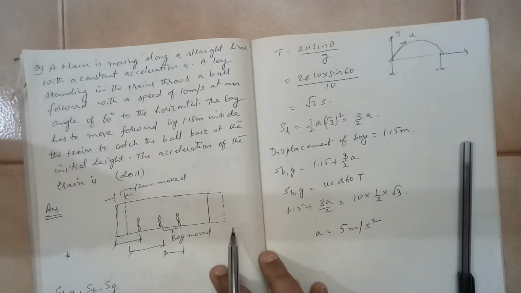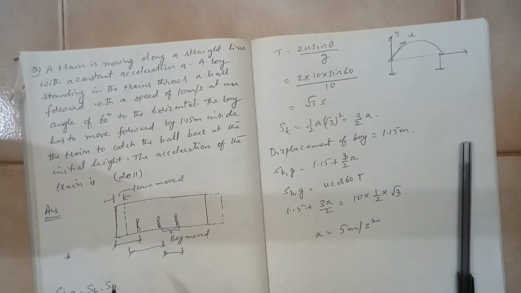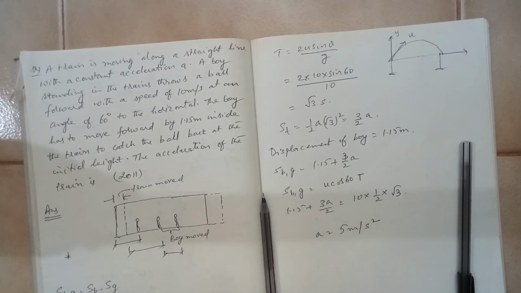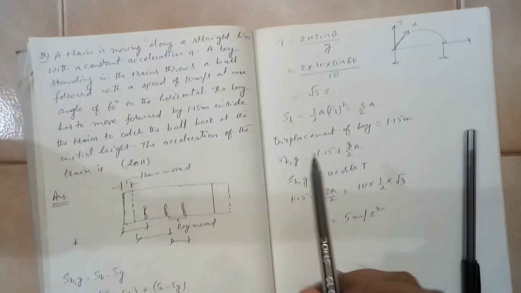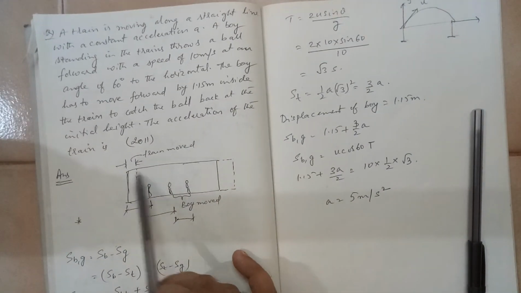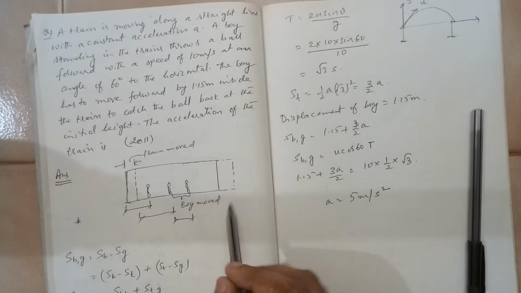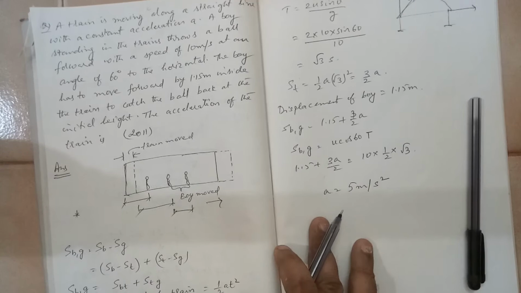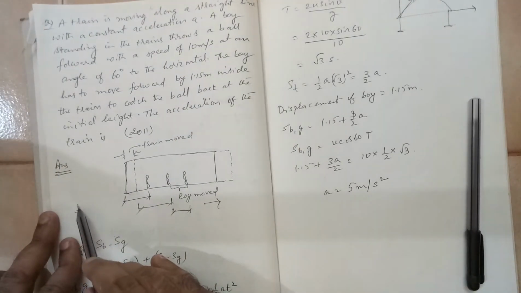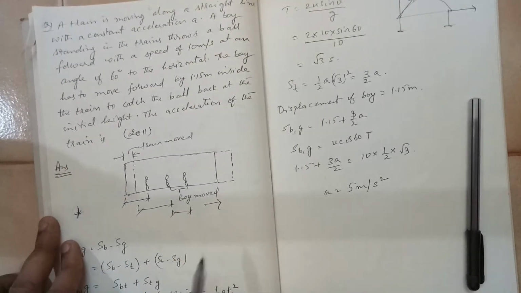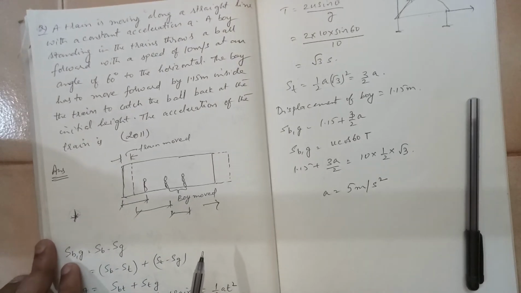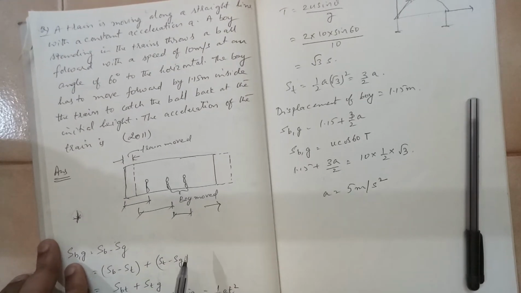Now there are two things in this question. One, there is a relative motion, and then there is a projectile motion, and we have to solve for the unknown, which means we have to identify the conditions that are given in the question. Now roughly I have tried to draw a figure. This is the train. This continuous line is the original position of the train, and the train is moving in this direction. So this star mark is some fixed point on the ground. It can be a tree or anything, a board, a milestone.